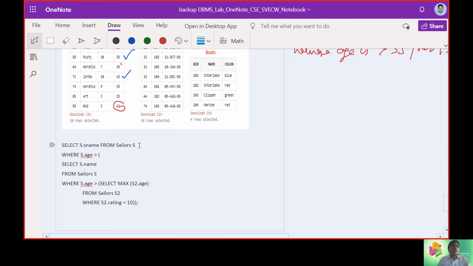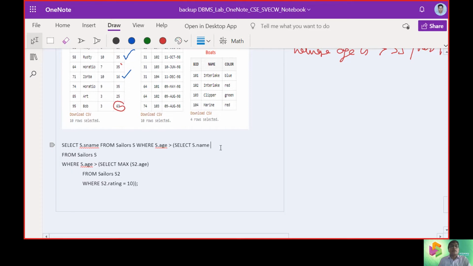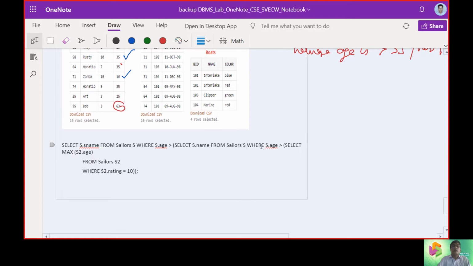Find the S names from sailors where age is greater than, and then the nested query from sailors, and the condition is given in this model.